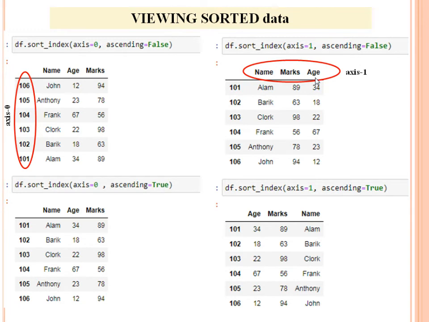Alphabetically they are arranged. And see the next one, axis equals to 1 but ascending equals to true. Now they are again arranged in ascending order alphabetically. See, age, marks and name. Clear?